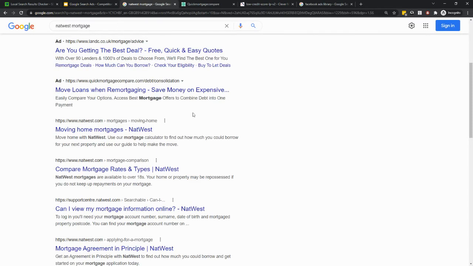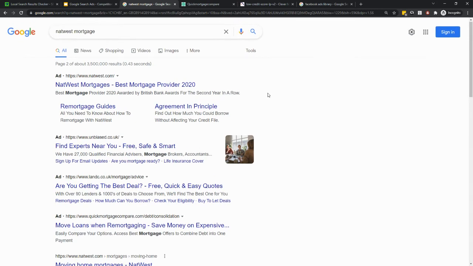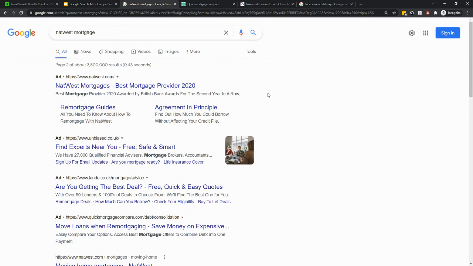So remortgage, right? The idea of this comes from the legal sector, but I'm not going to give an example from the legal sector. I'm just going to keep it snappy and show you where the idea originally came from. In any given market, any industry, you have big players who have massive brand awareness. For example, based in the UK right now, I'm going to be using British banks for this example in the mortgage space.